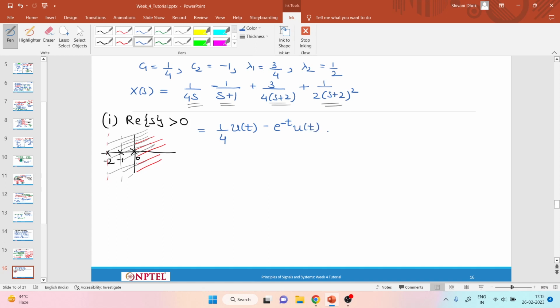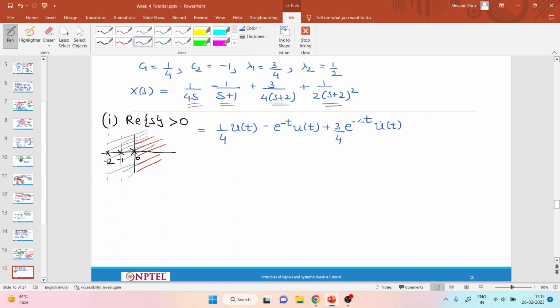This thing, 3 by 4 times 1 upon s plus 2, is simply the same thing, but now my a value is 2, so it is 3 by 4 e power minus 2t